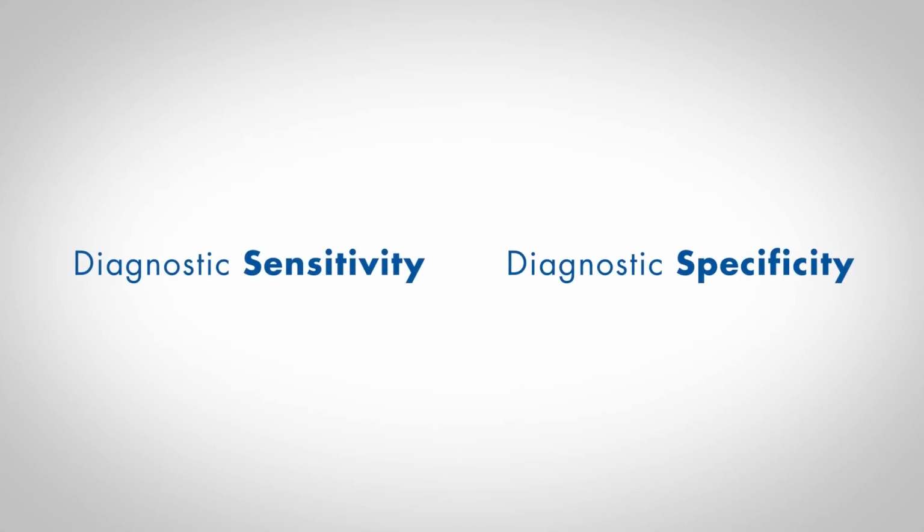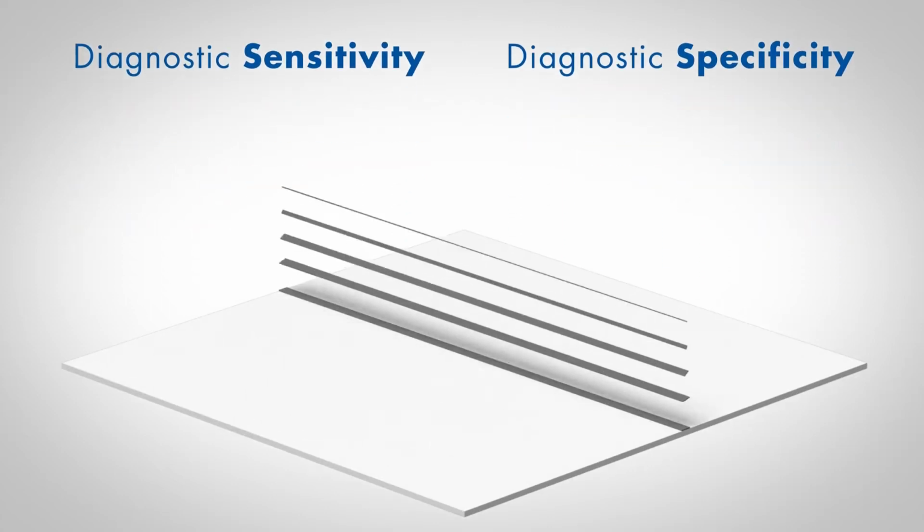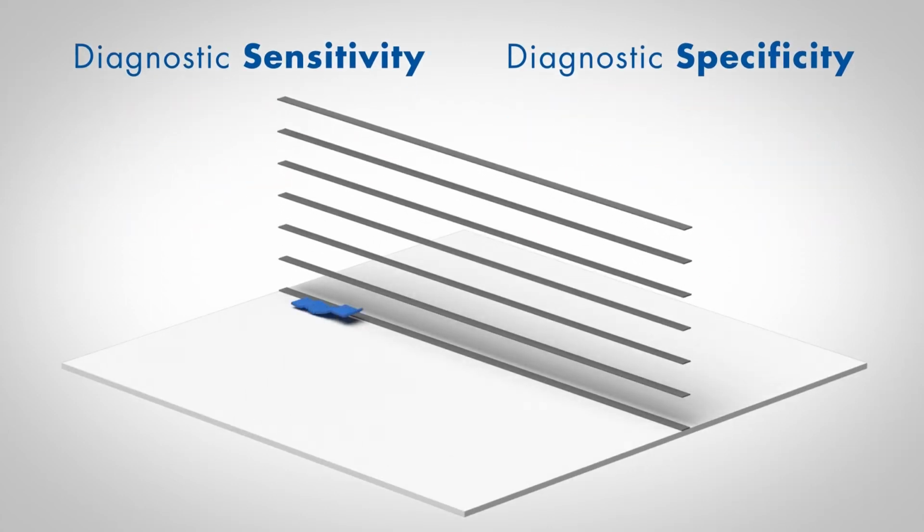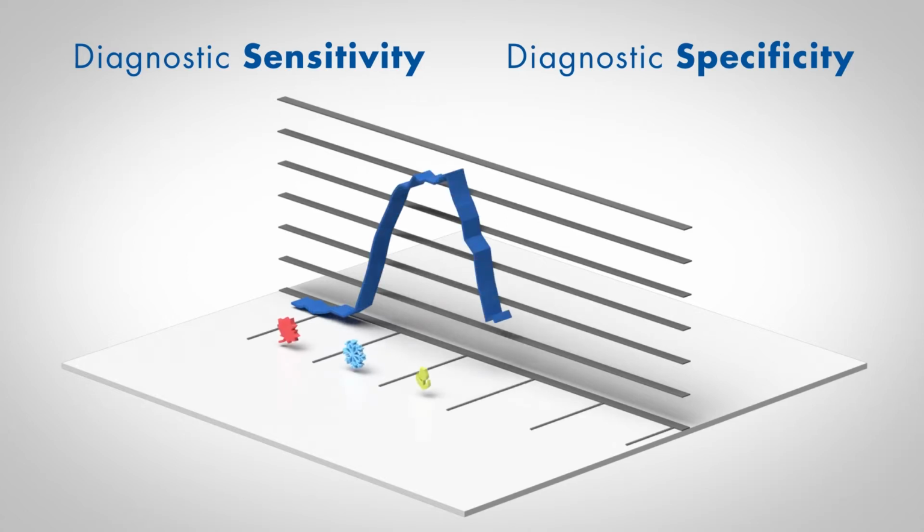When it comes to the accuracy of diagnostic tests, diagnostic sensitivity and diagnostic specificity are crucial metrics when choosing the right test. However, these two metrics are directly influenced by the prevalence of the disease being tested. In the case of influenza, there is typically a seasonal pattern, with low prevalence in warmer months and high prevalence during colder winter months, during which there is a higher probability of outbreaks.